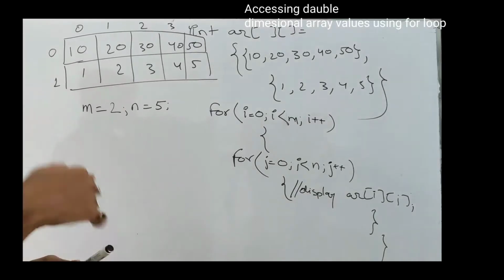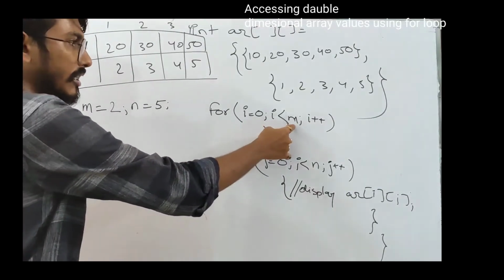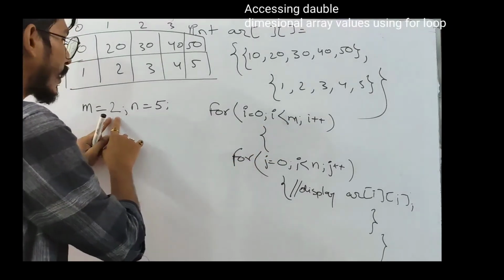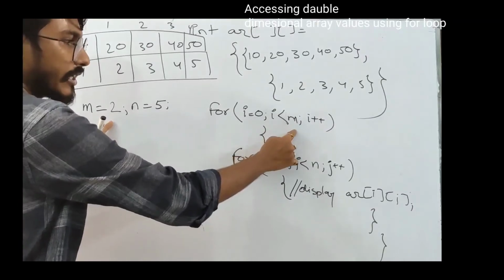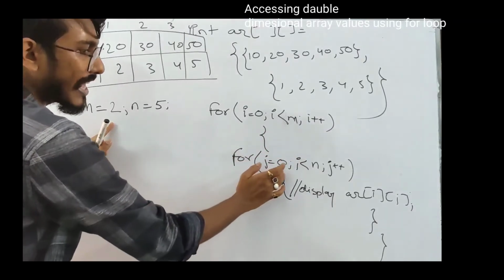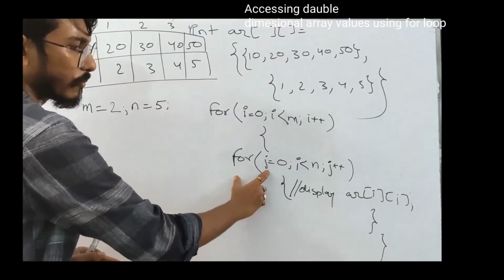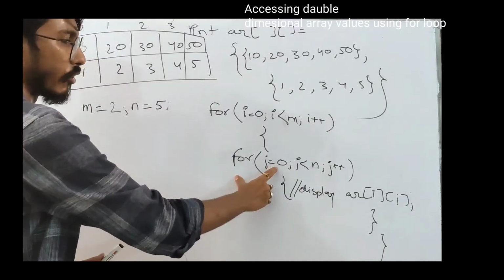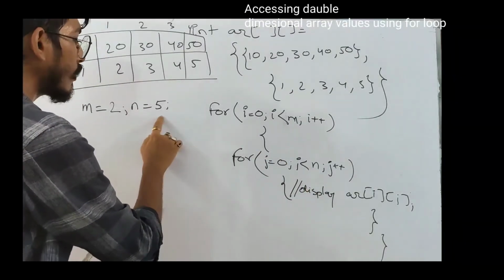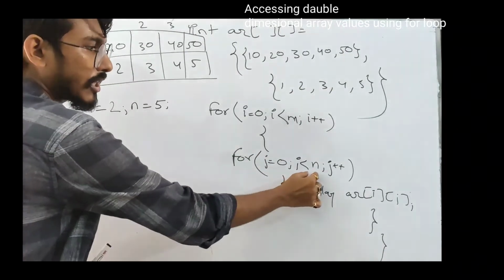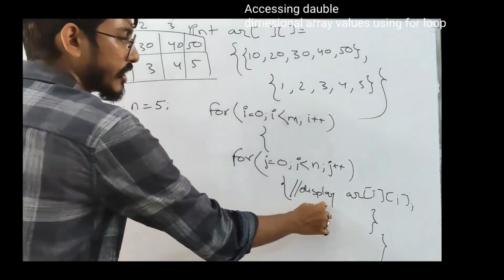So now let's see what happens. Initially the value of i is 0. So 0 less than m, and what is the value of m? m is 2. So 0 less than 2, the condition is satisfied, it is coming inside. Now there is another loop. Here it is checking that the initial value of j is 0 and j is less than n. What is the value of n? It is 5. So 0 less than 5, the condition is satisfied, it is coming inside and it is displaying AR